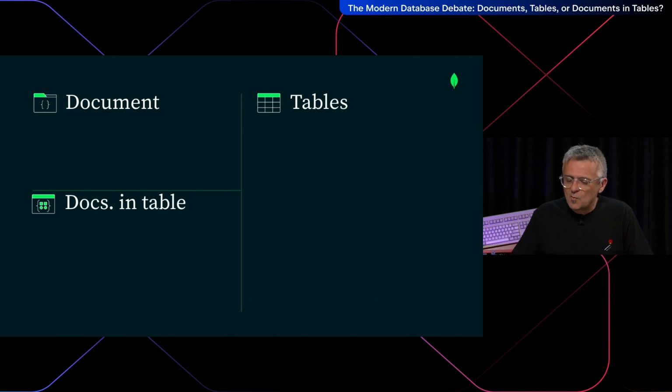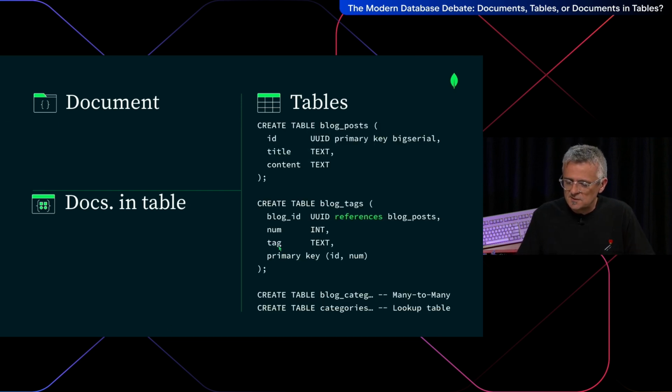To put it more clearly, the idea is tables, relational tables. You usually have multiple tables because it is normalized. For example, if I just want to store some blog posts, I will have a table with the blog post. I will also have multiple tags per blog post, but that will go in another table because it's a one-to-many relationship. Categories may be a many-to-many one. So you have multiple normalized tables.